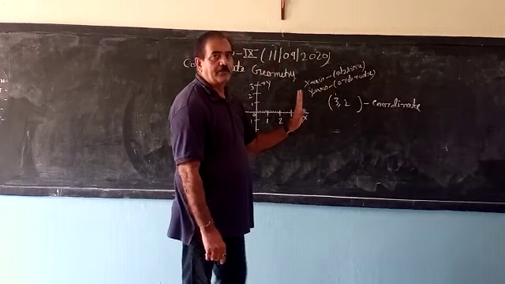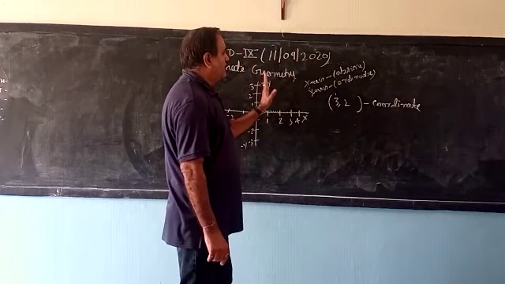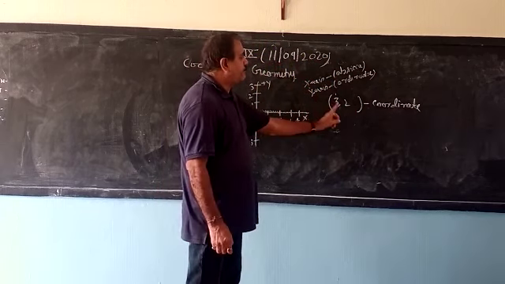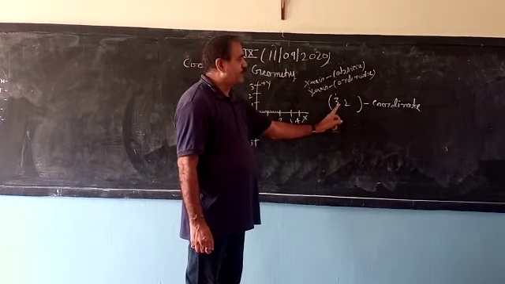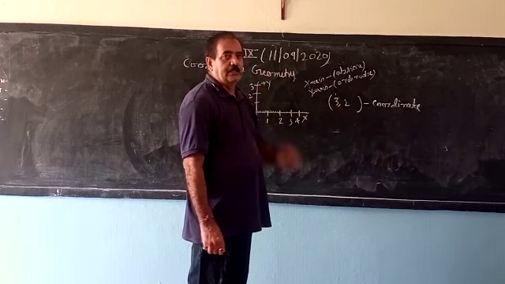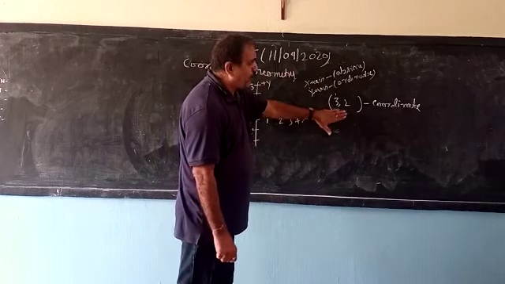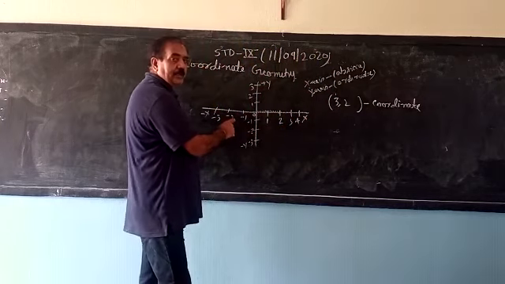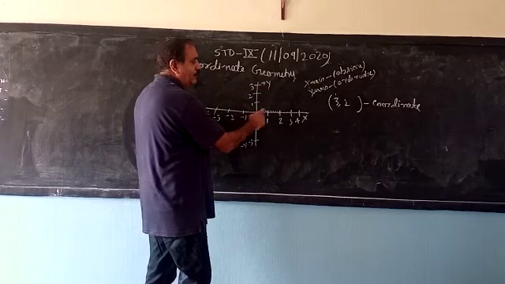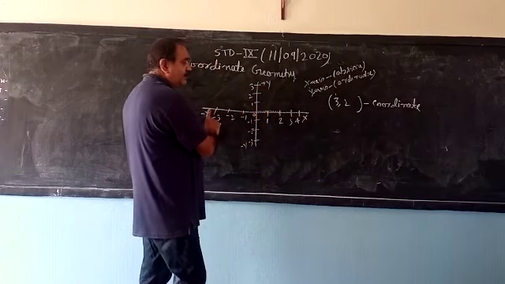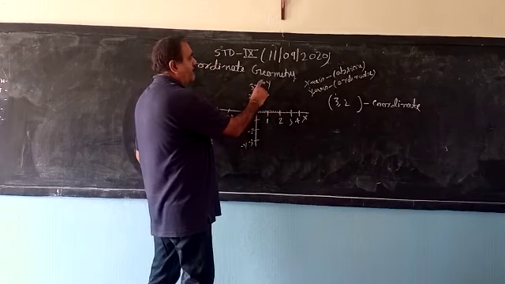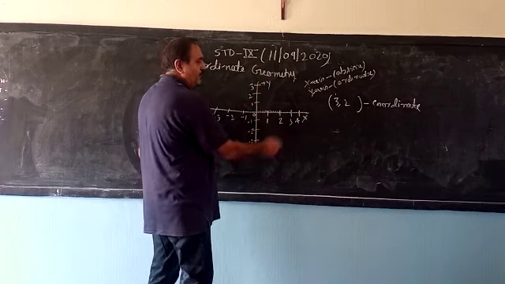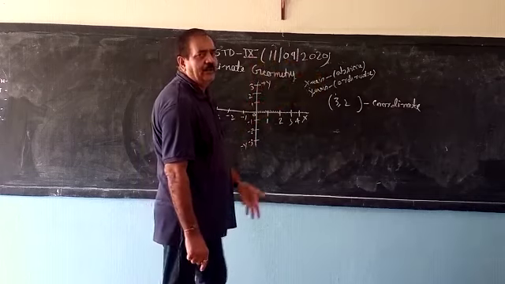Do you follow? No confusion up to here? Now, how will the question come? Take an example: (3, 2) is given. You have to represent it on the graph paper. So first of all, take the graph paper, mark the origin, positive x-axis, negative x-axis, positive y-axis, negative y-axis. Then mark 1, 2, 3. It depends upon the value given in the question.